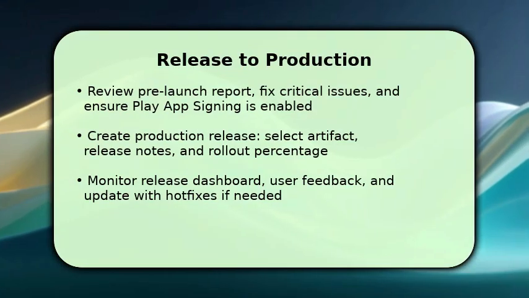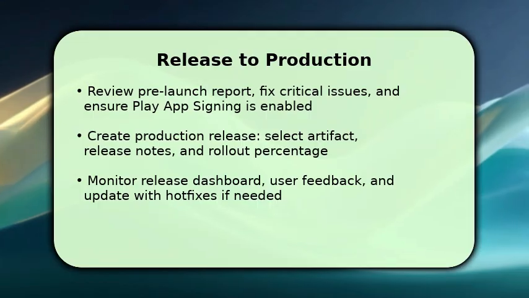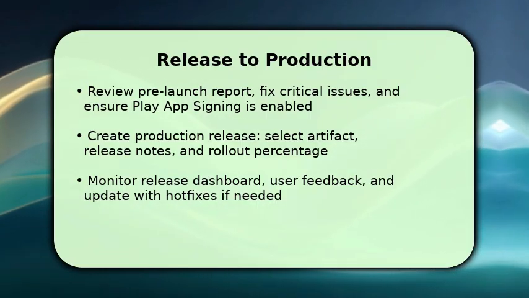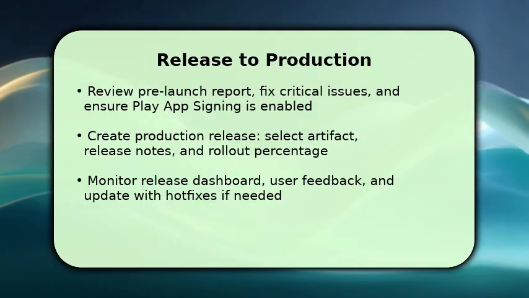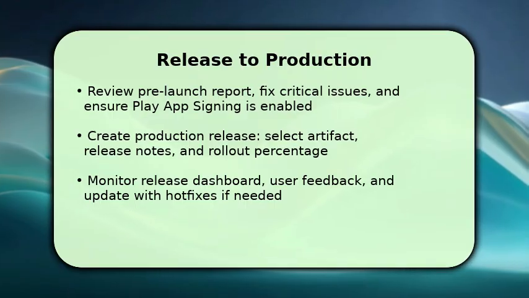You're ready to publish. Review the pre-launch report one last time and resolve any critical issues. Enable Play app signing if not already active. Then create a production release by selecting the tested artifact, writing concise release notes, and choosing a staged rollout percentage